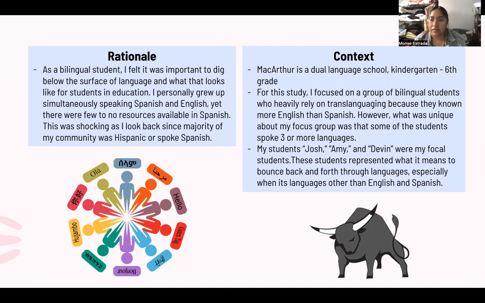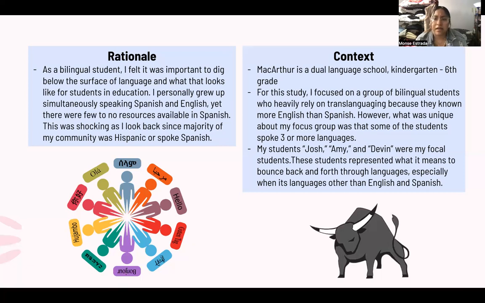And I felt like beyond code switching, I was just interested in how translanguaging can be a support, can be a guide for students. And I'm just really in love with my culture, the language, and the overall impact language can have on other people as well that don't speak Spanish and actually learn Spanish academically, which a lot of my students at my school speak English as their L1 and are learning Spanish because, for context, I am at MacArthur, which is a dual language school.